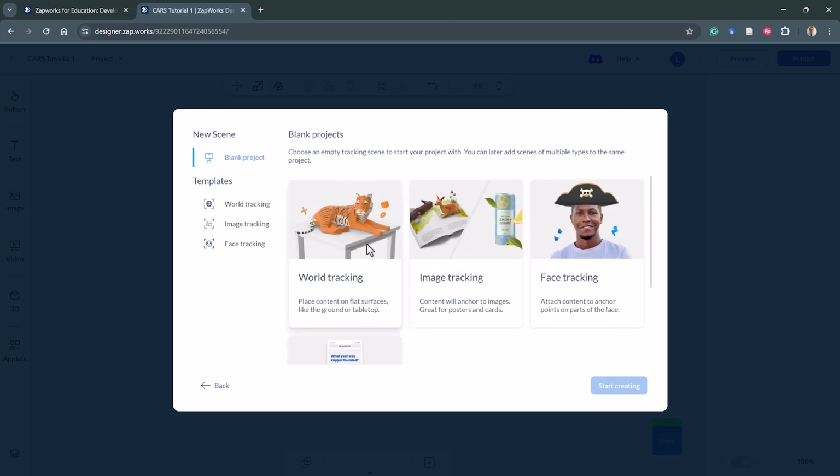The first method is called world tracking. This is by far the simplest tracking approach. Why? Because what the user will be required to do is, at the beginning of launching the AR story, the user will be asked to scan and place the scene of the story, the first scene of the story, onto a flat surface. A flat surface can be a table or a floor,